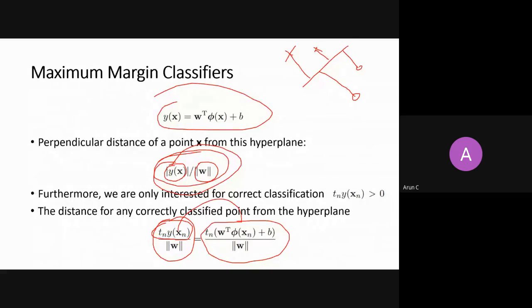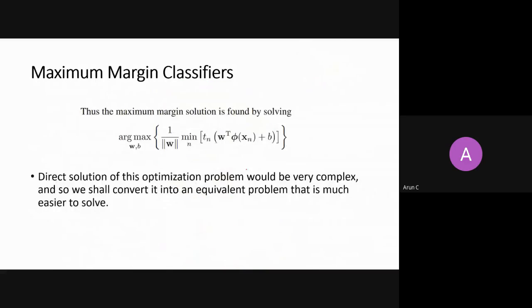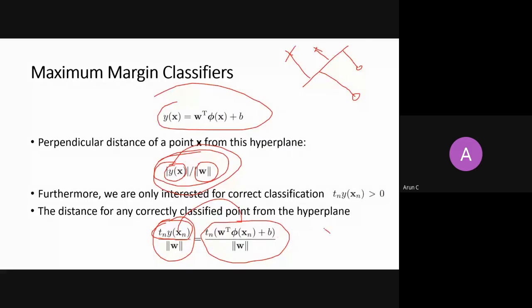Cool. Good. So now, assuming that everything is correctly classified, and I know the perpendicular distances, what will I do? I will minimize. I will try to find the minimum of it. If I take the minimum, what will I get? I will get this point. Let's say this is another point. If I minimize over all these distances, I will get this distance. It means I will get the point which is nearest to the hyperplane. Only one point, right? You are minimizing over all these distances and it will give you the point which is very near to the hyperplane.